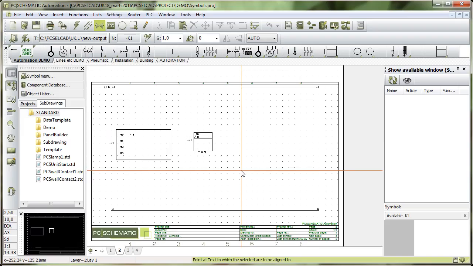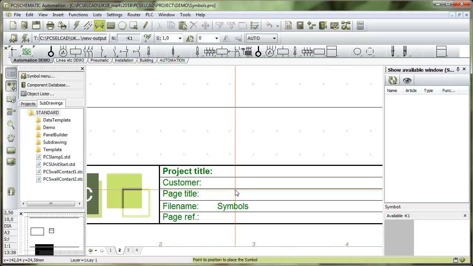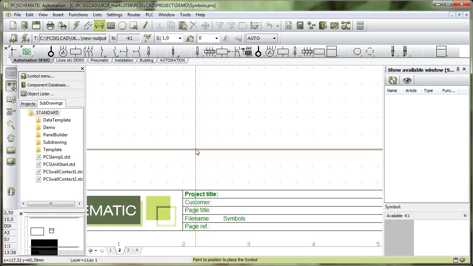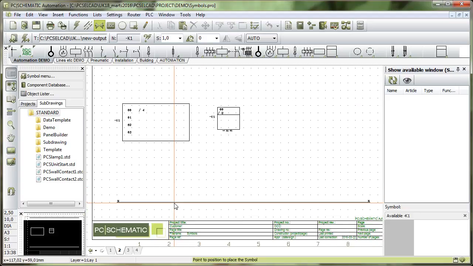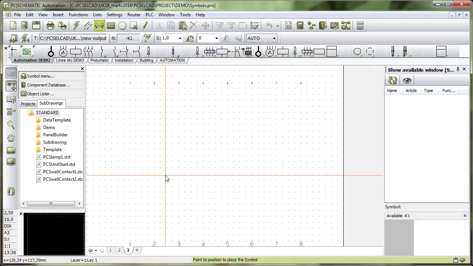When I'm in a project like this one, all my pages have drawing headers, or title blocks, or whatever you call them. Simply some blocks, some symbols here that contain a lot of data about the project. And in this video I'll guide you through how you use the drawing headers and how you make your own drawing headers. First I'll go to this page which is blank,